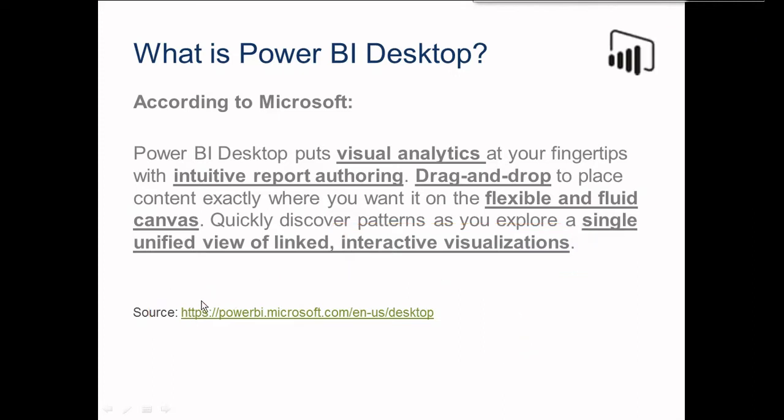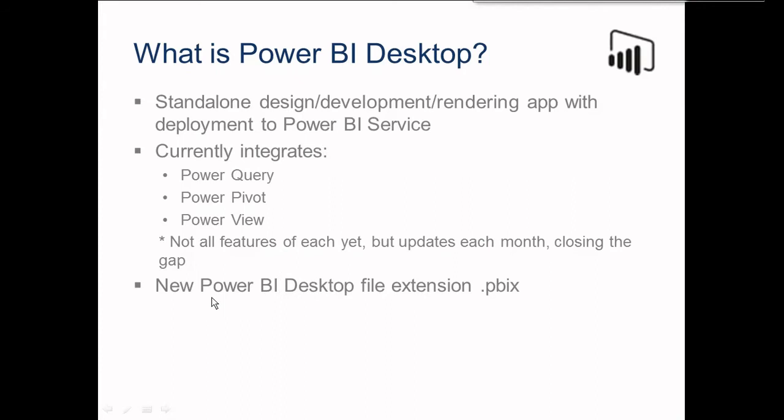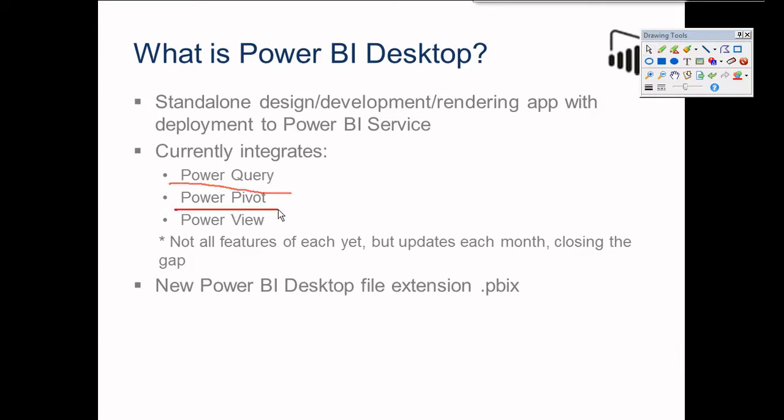Let's go to the next one. It contains Power Query, Power Pivot and Power View. These three are the features in Power BI Desktop. We are going to see this in detail.